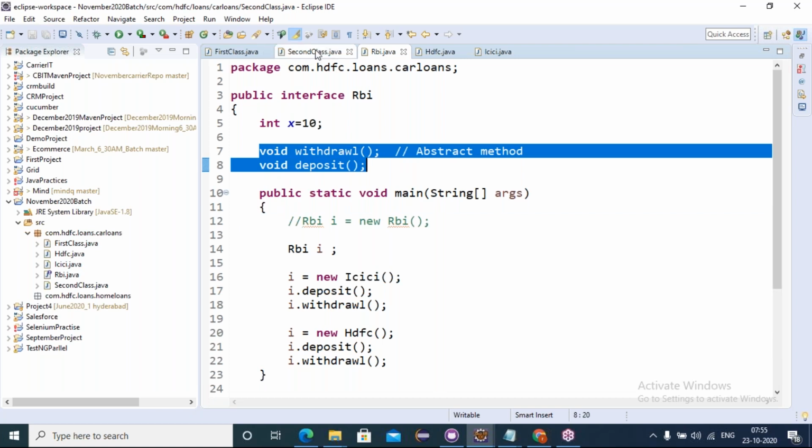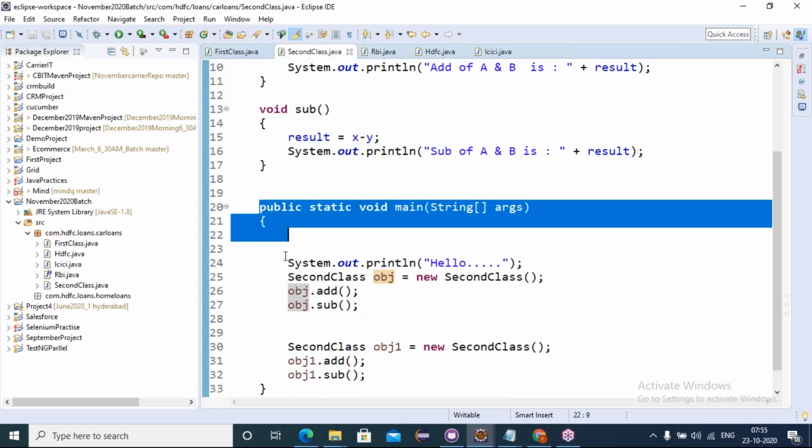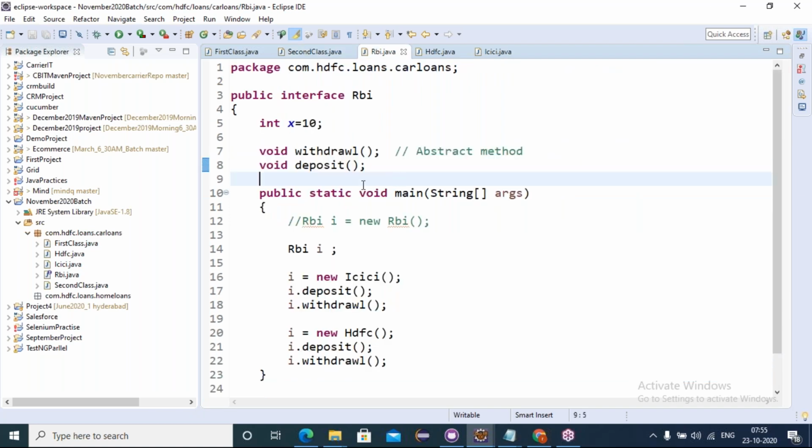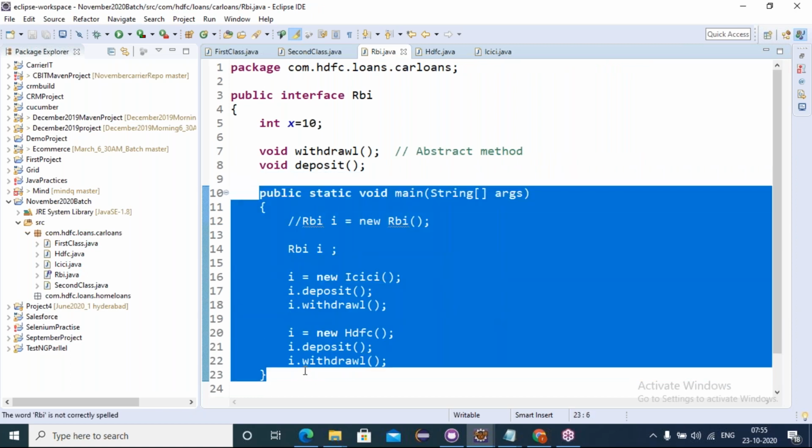See, even for a class, the main method is within the class only, right? Similarly, the main method should be inside the class, or inside the interface only.